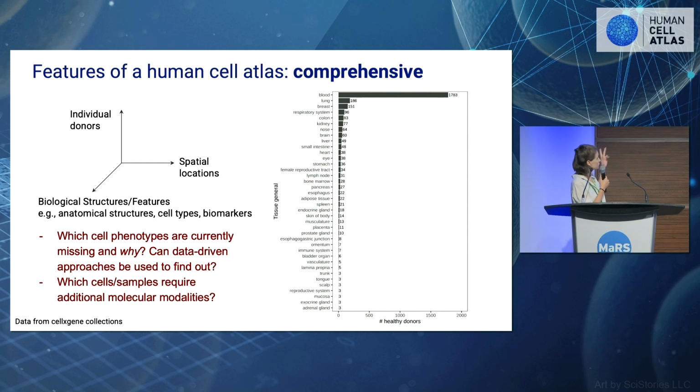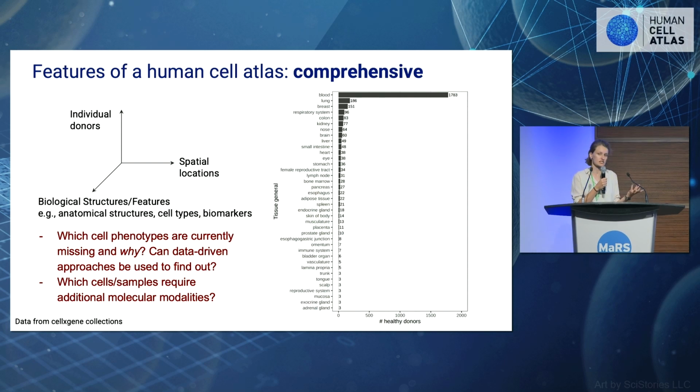Here, for example, I actually took data from the CELLxGENE collections and just plotted how many healthy donors we have data for in different tissues. And you can see that, if we look at the blood, we are starting to get to that population scale, but for a lot of other tissues, even if we just look at the single-cell RNA-seq data, there's still some ground to cover. So maybe one of the questions that we can reflect on in this session is why are